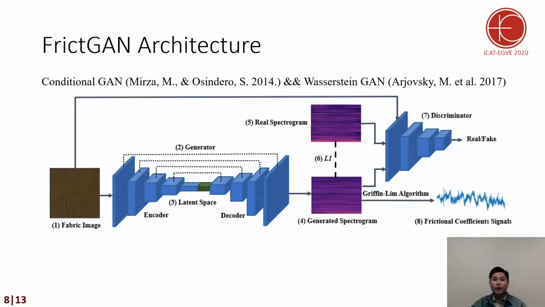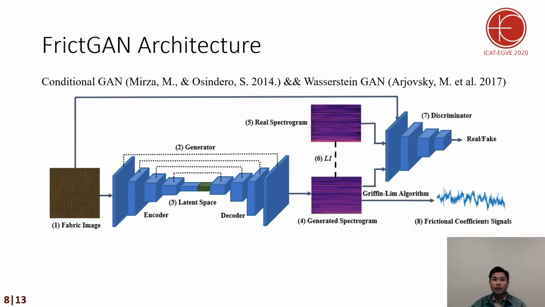In this slide, I will introduce the architecture of FrictGAN. Our model is built on conditional GAN and Wasserstein GAN structure. Conditional GAN could control the generated results, and WGAN is beneficial for stable training. Well, it is common that there are a generator and a discriminator. The left part is a sample of training fabric texture images passed into the generator,